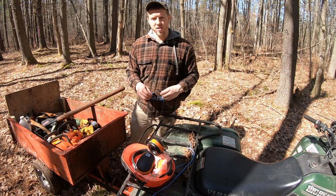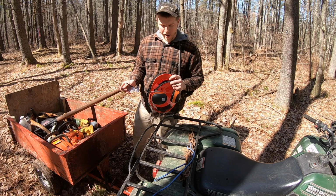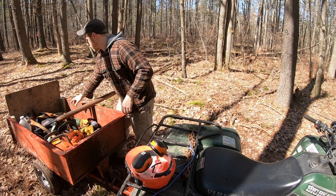Obviously, cutting firewood out in the woods, bring a pair of safety glasses. I don't like the shields on the helmets. Let me know if you guys like them. I don't really prefer them, but I like to wear safety glasses with the open face helmet. So that's the first thing. Second thing is